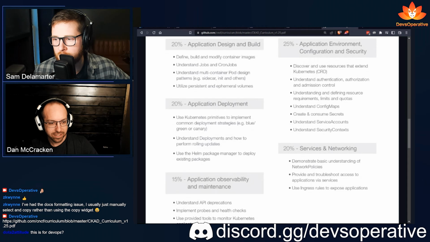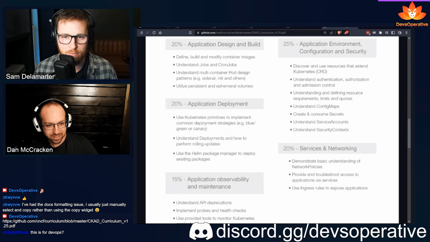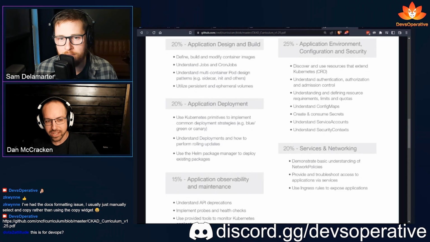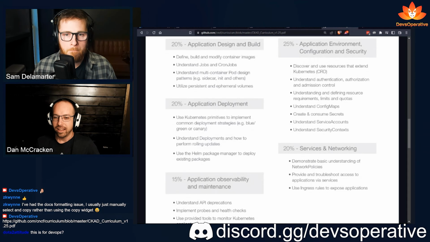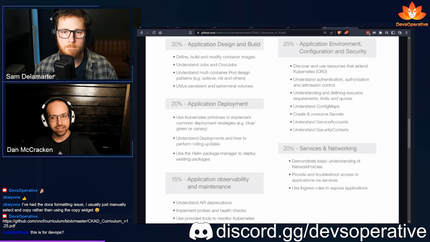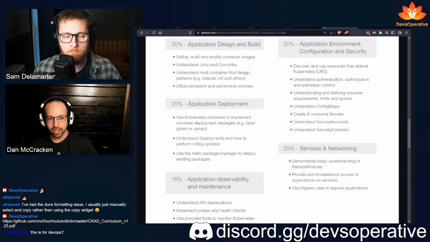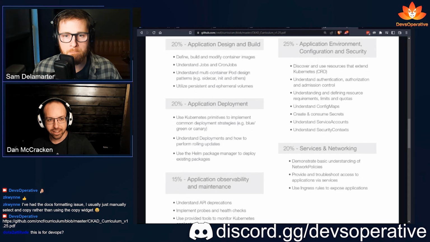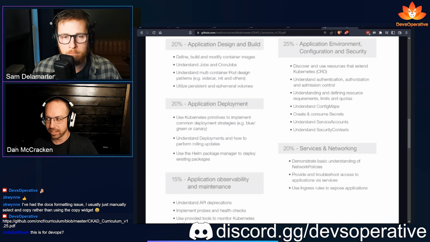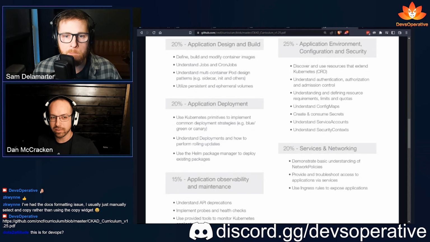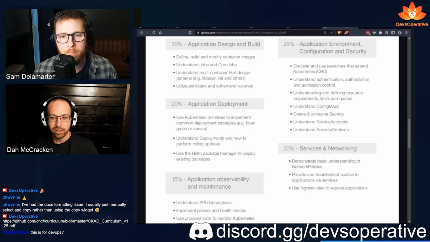Is this for DevOps? You know, the CKAD isn't necessarily for DevOpsing, but it is for Kubernetesing, and a lot of people will tie those two together. If you're using Kubernetes, you probably have DevOps principles or DevOps workflows in your organization, probably. Even if you're not trying, you kind of do. Right.